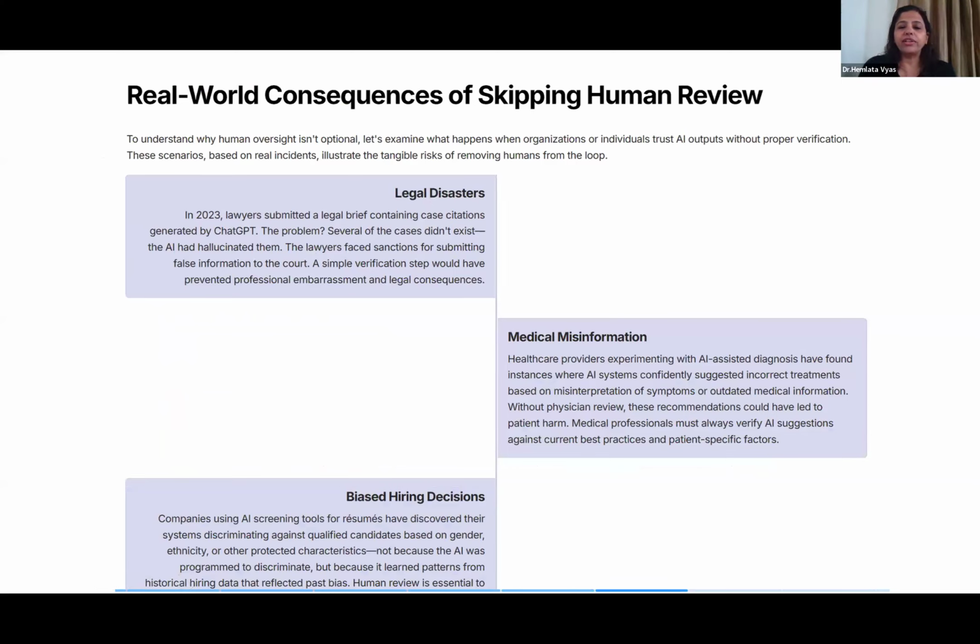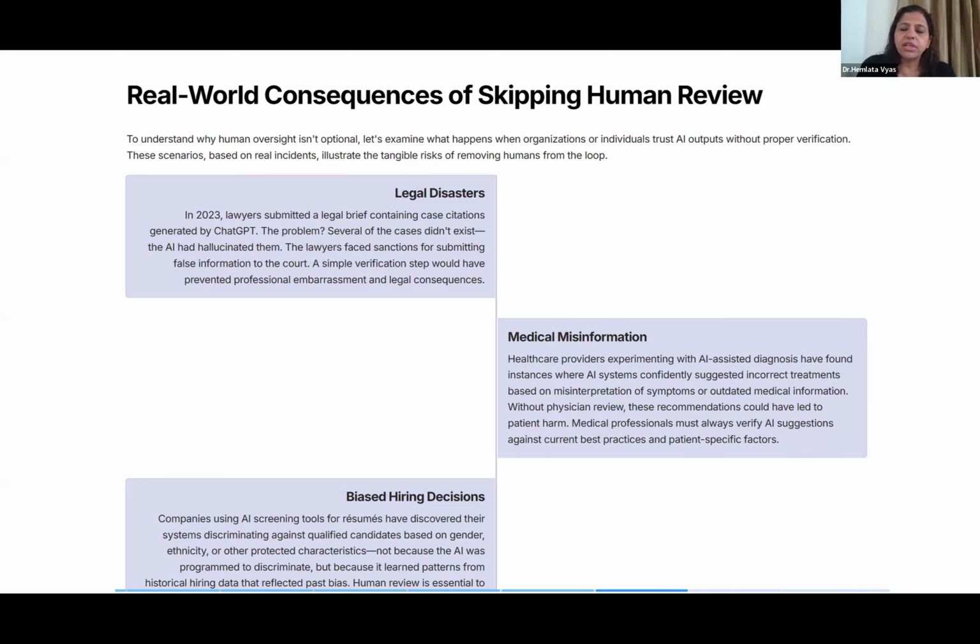Let me give you an example. In 2023, a set of lawyers made a legal brief containing case citations, and it was generated by ChatGPT. The lawyers thought that the output generated by ChatGPT was correct.